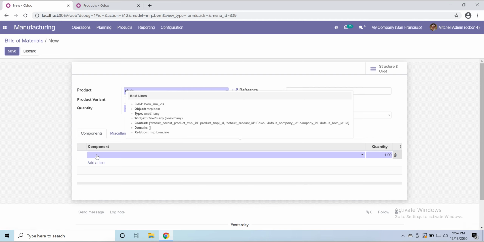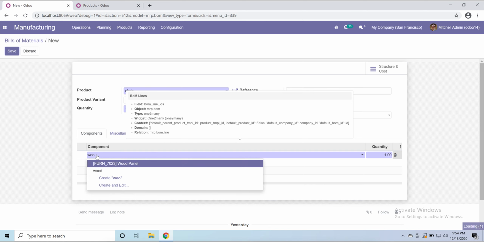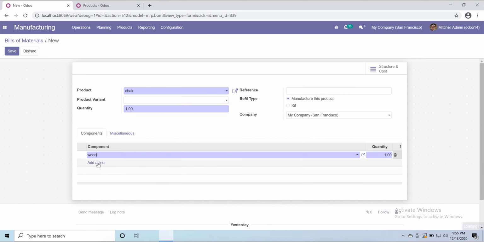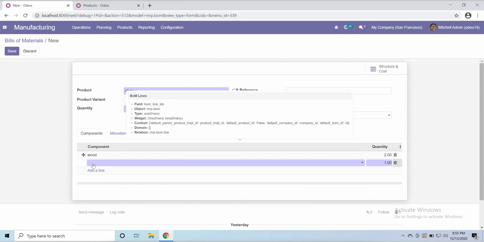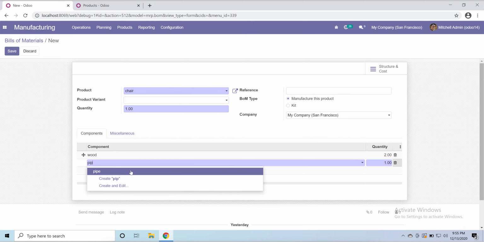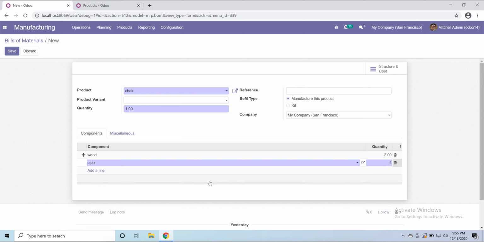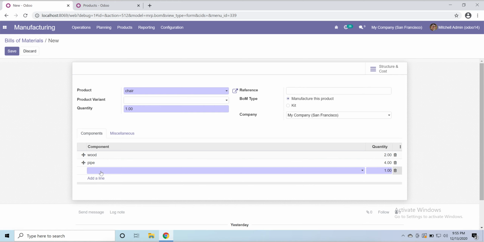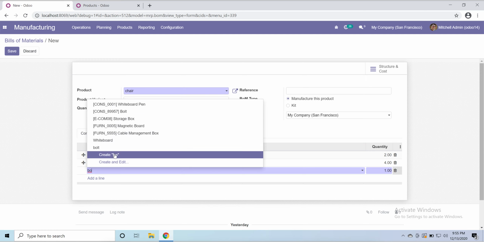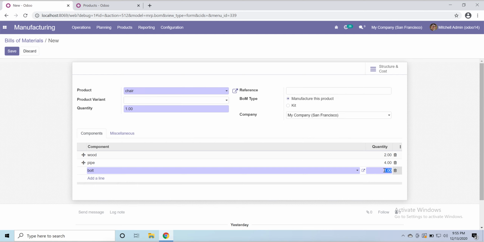The first one which we need is wood. Let's say I need 2. Second, pipe, we need 4. We need 4 pipes to make one chair. And the last one, we created a product, bolt. And bolt, let's say we need 10. Okay,